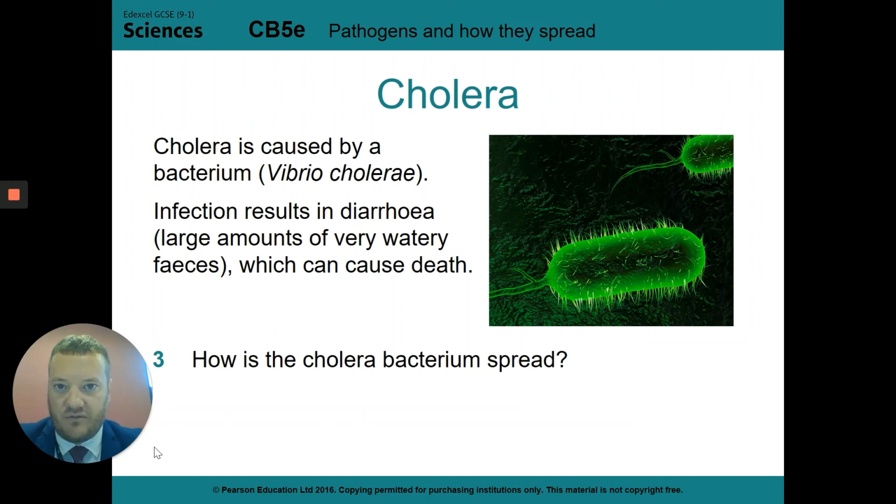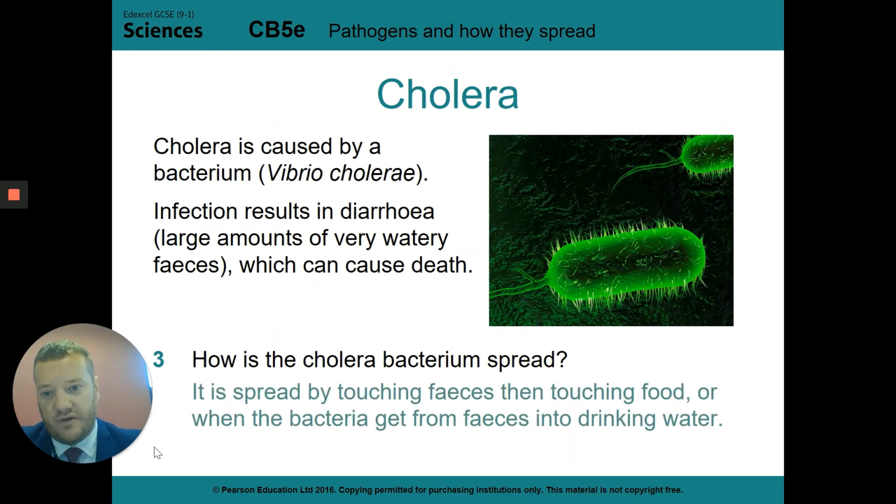Now, where does the cholera bacteria come from? It comes from the watery diarrhea. So you're drinking water which has been infected with the bacteria. The water will have had feces in it, or someone has been in contact with feces and they've touched food and you've eaten that. Okay, but that's the way in which